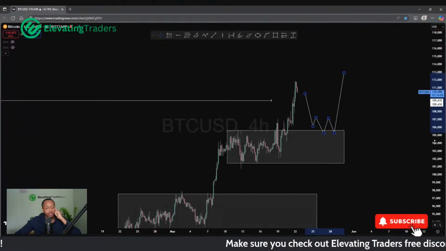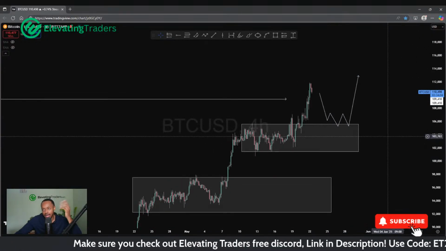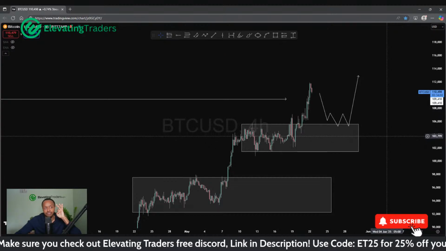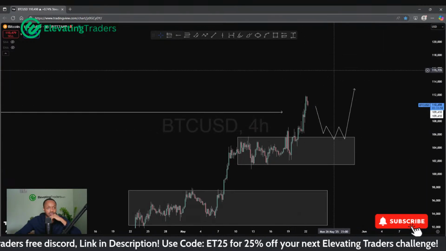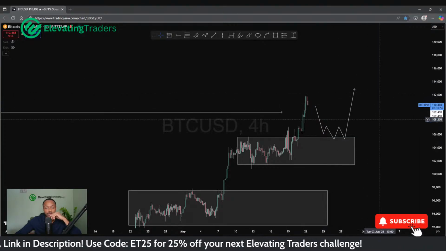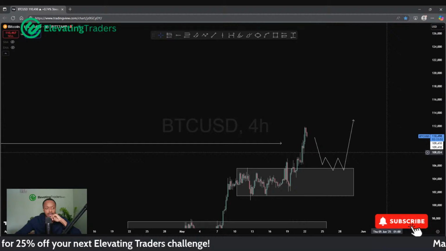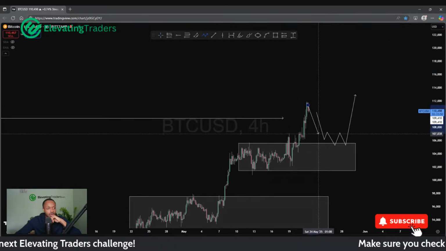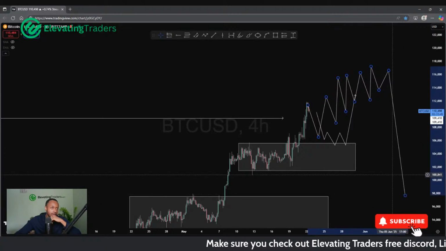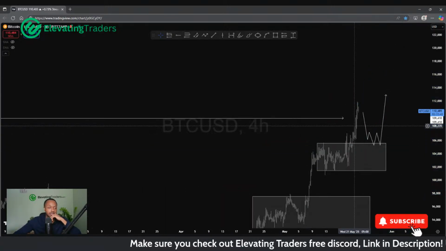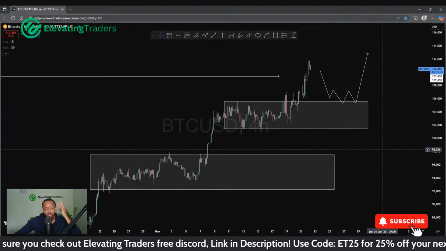So yeah, with Bitcoin, still very much a bullish market. In terms of the long-term move, the market's still bullish, but I would say we are a little bit corrective, so it doesn't give me massive confidence that I'm expecting price to continue a lot further, unless that momentum comes in. Then okay, I'll be at ease. But if we just stay corrective and slowly creep higher, that probably does mean a drop is on the cards. But for now, especially from a trading perspective, only looking for buys really.